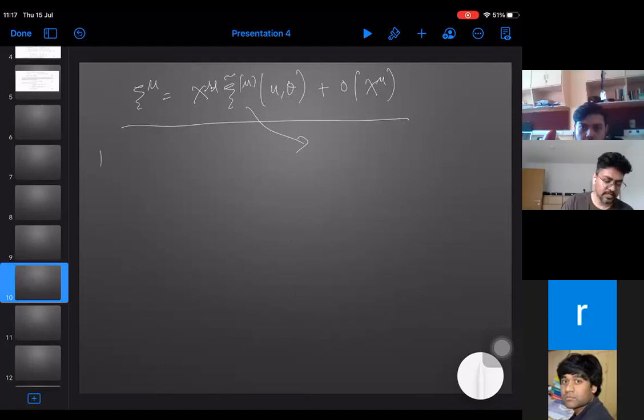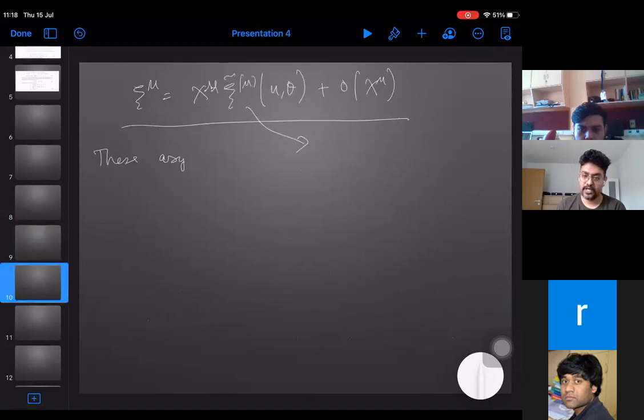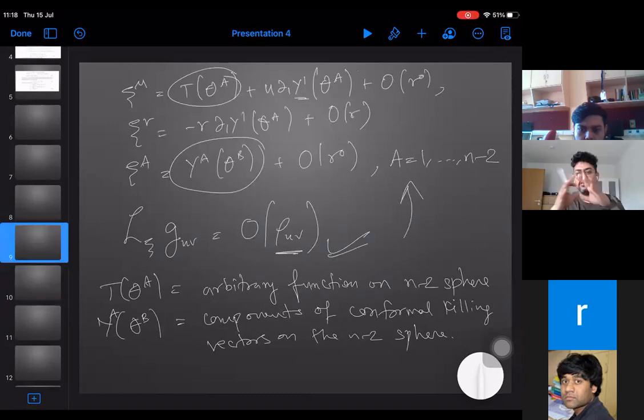These asymptotic, sorry, what was rho mu nu again? No, rho mu is kind of an expansion. I'm just saying that if you take this G mu nu and do this, you will get some kind of an expansion. So if you take this and put it in the metric, then you get an expansion. I just wrote it down in a very short form.